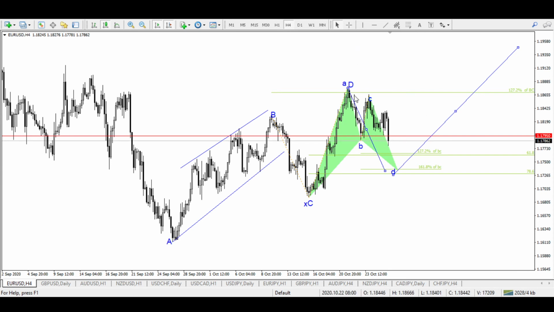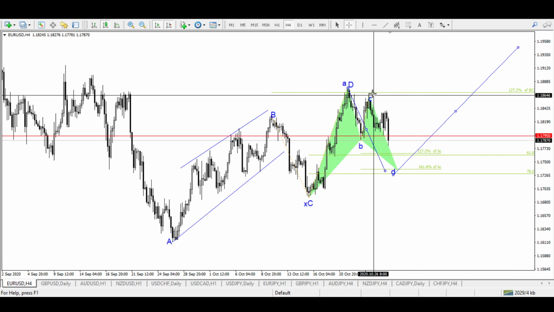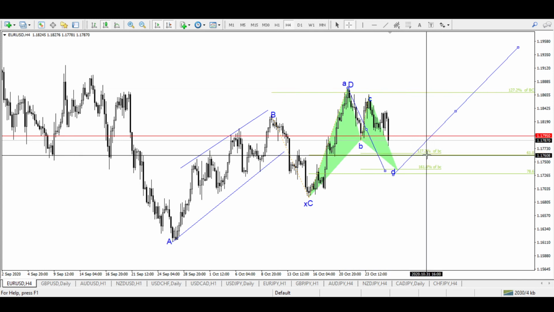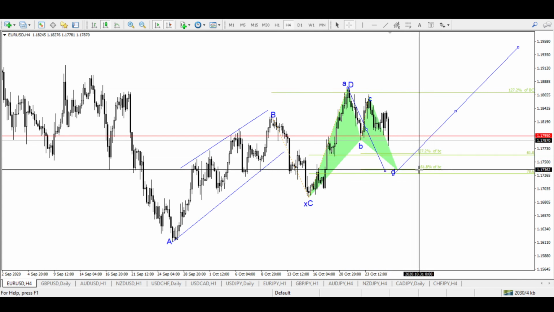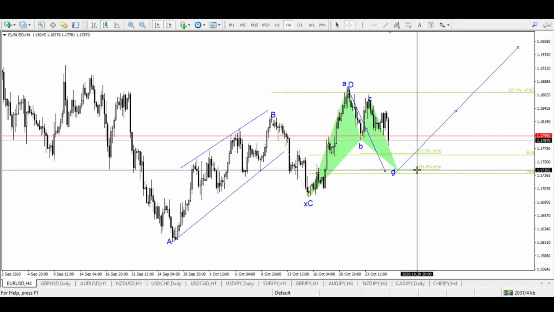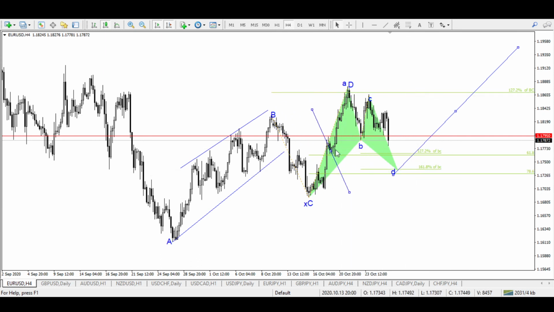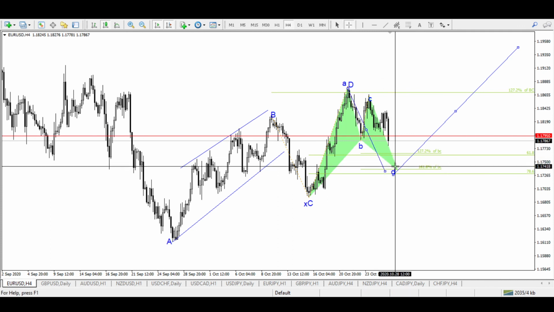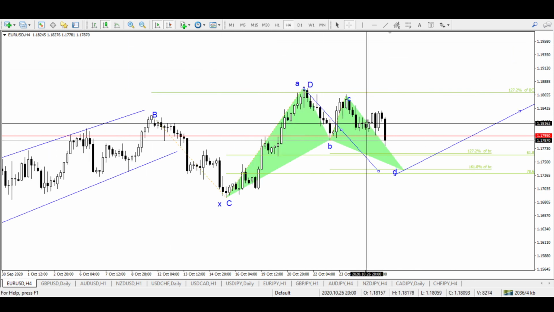But right now the whole picture is very harmonic, and I have taken my sell position, and instead of taking my TP at the nearest support, that is here, I have set my TP at 161.8% of this small BC. So at least this Gartley is going to be completed, and this movement of retracement from this point to this point is going to be equal to the capital BC. So that's why I've set my TP around this area, and my SL and TP in this sell trade is from